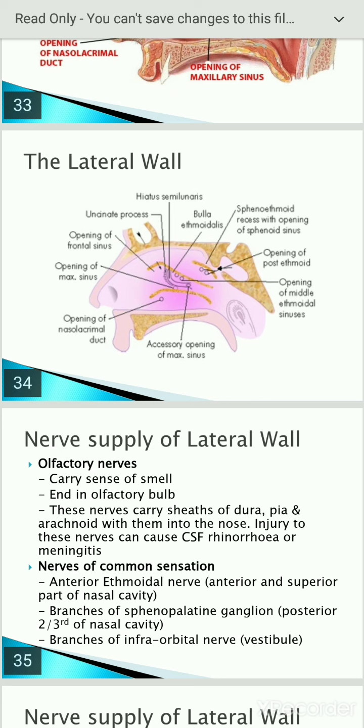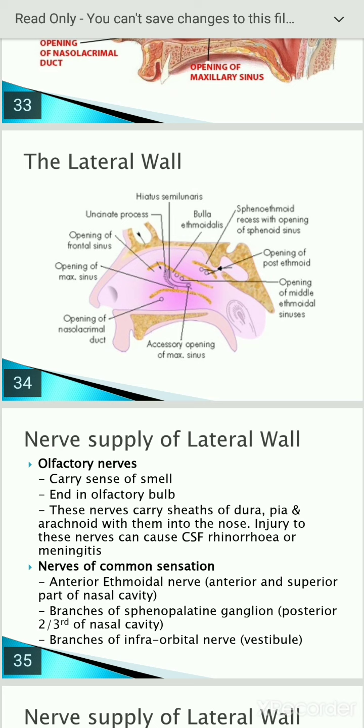This figure shows nearly all the structures of the lateral wall. It shows hiatus semilunaris, uncinate process, opening of frontal sinus, opening of maxillary sinus, opening of nasolacrimal duct. So there is sometimes another opening in the maxillary sinus. It is known as accessory ostium. We also see bulla ethmoidalis,